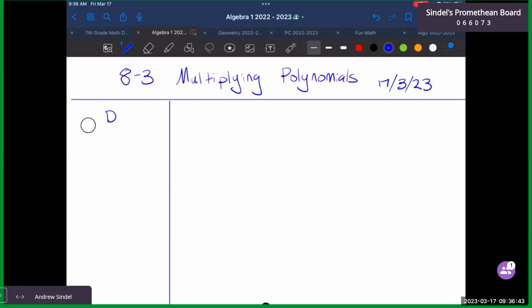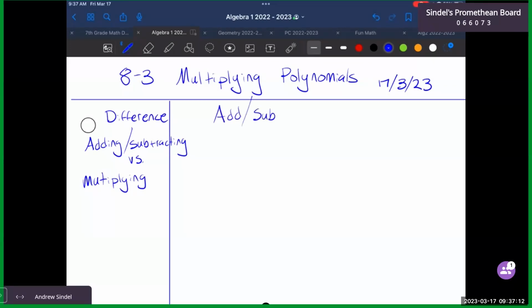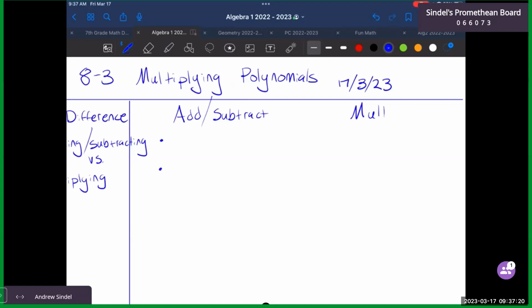I want to talk about the difference between adding and subtracting versus multiplying. And will we get to division? Maybe. I kind of forgot this unit. It's been a while. So when you add and subtract, two things we need to remember. I'm going to probably just do bullet points. And then when we multiply, kind of the same two things. When we add and subtract,